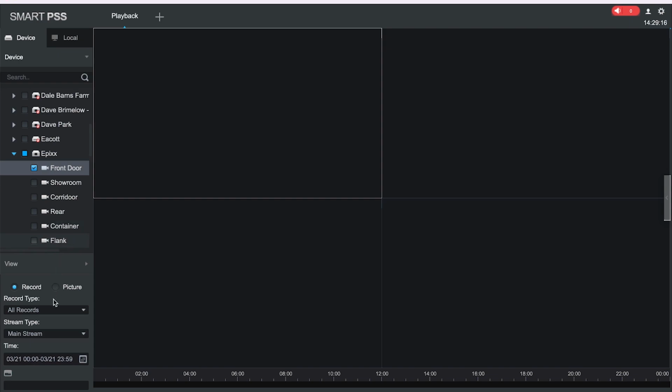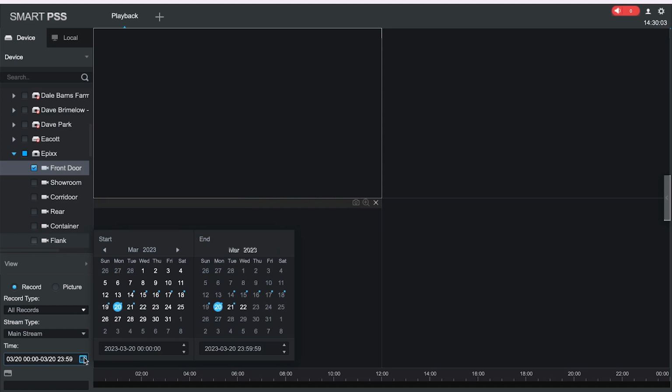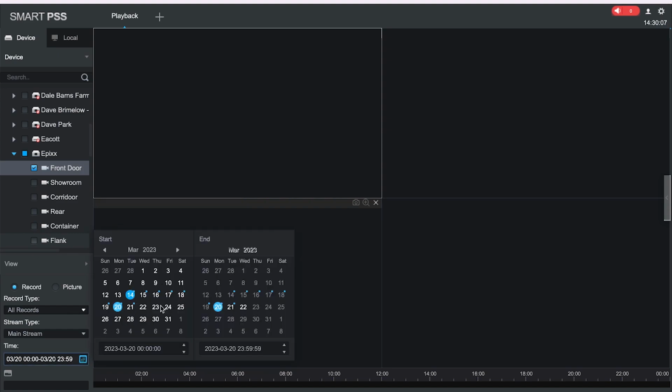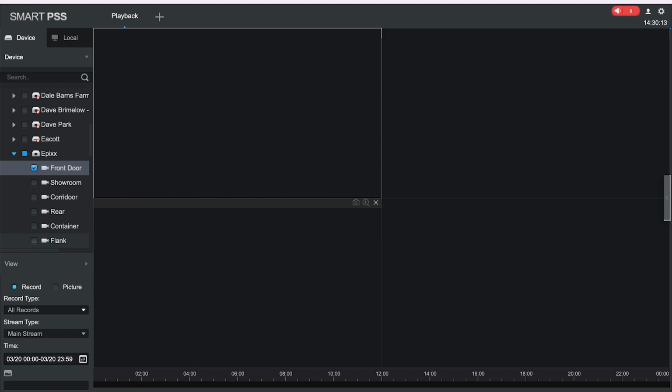So if we go down now, we can select different parameters here. So record type, all records. For the purpose of this, I would just leave it as all records. Down here you'll press the icon and it will bring you up your calendar. So we want to go to yesterday, and we're just going to search that day. So if you click search there,